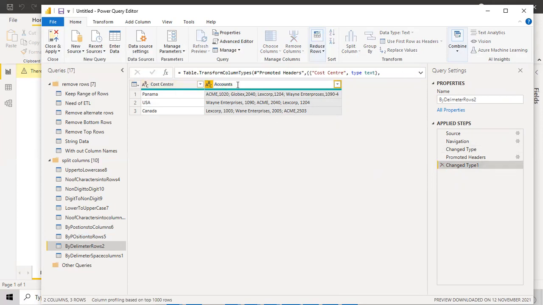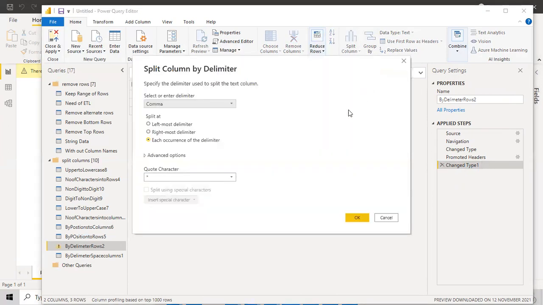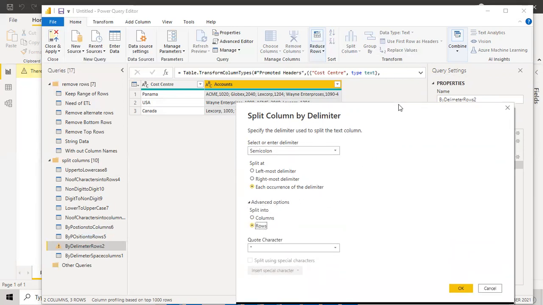You need to click on this column and then do Split Column, then By Delimiter. Choose semicolon, each occurrence, then go for rows, and click OK.